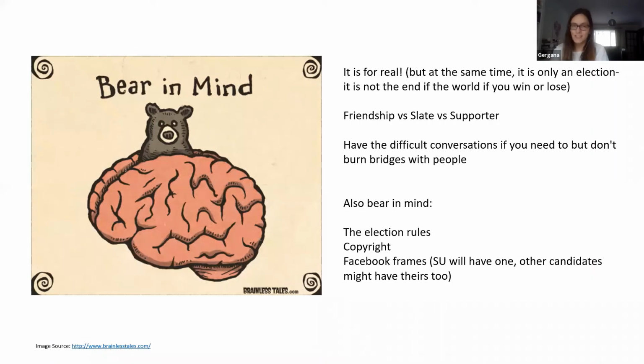So have this at the back of your mind the whole time, and don't take it personally if someone says no. If you ask them to be a supporter, they might have a reason for it. And also don't take it for granted that people you consider as friends will say no, they can't support you. It might be that at the moment they don't have the time to do it, or there's a different cause that they support, or there's a different candidate that they support and they haven't disclosed this yet to you. But it is for real, but it's not the end of the world. Think about both of those and be kind to your friends.